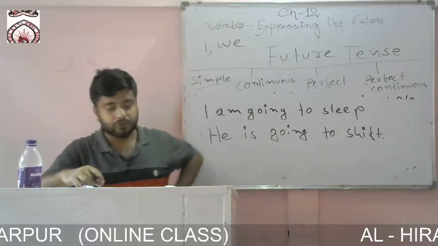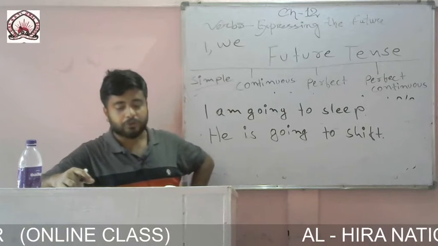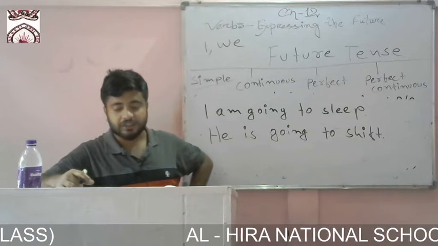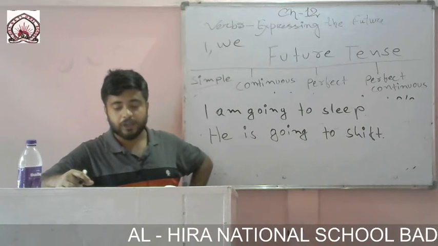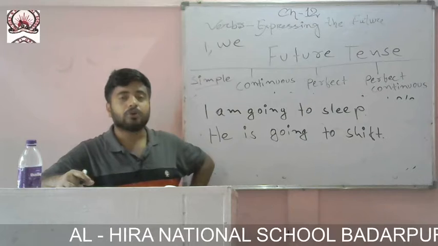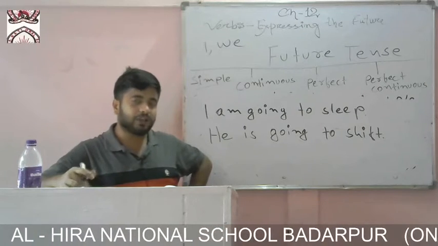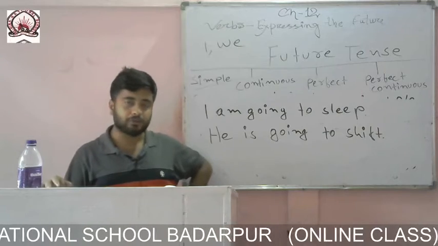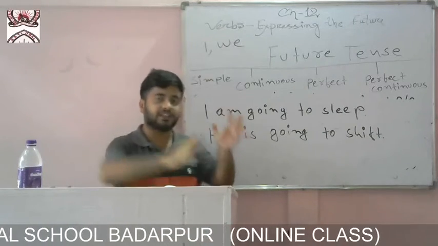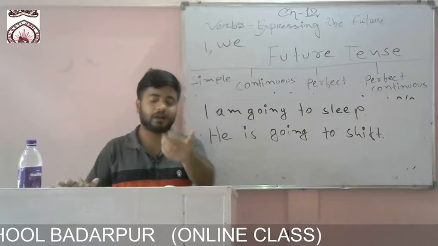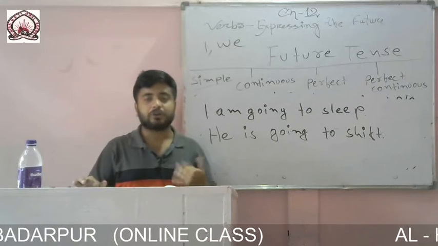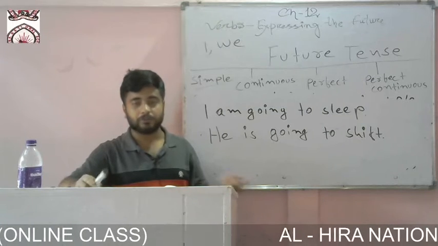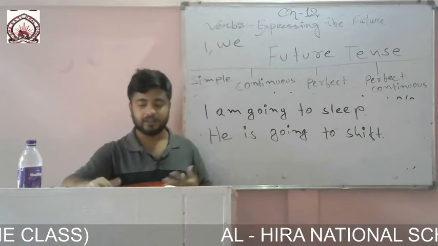When can we use it? We use "going to" to talk about intentions, about things we have already decided to do. That means if we have already decided to do something, for example, we are going to play tomorrow, it is sure. That means we have decided that it will happen tomorrow, it will anyhow happen tomorrow. If we are not sure about something, then we normally say I shall play tomorrow. If you are sure, you have already decided, then